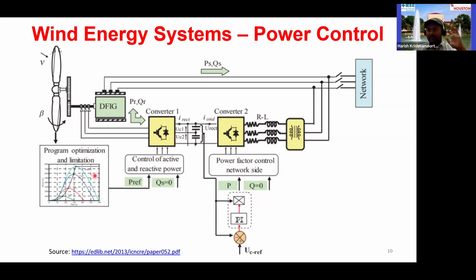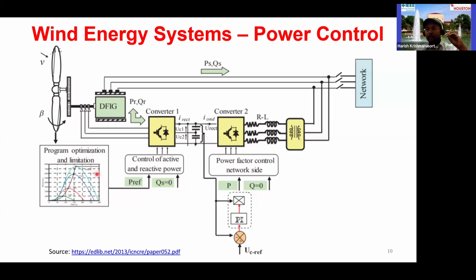And there's always the control with respect to the power converters, but you can also control the power generated using the wind blade pitches. Because as the wind speed increases, the power produced from the wind turbine varies as a cubic function of the velocity. But after a certain point, the power will be maximized because the system is not rated for anything more, and at that point you have to cap that power. One of the ways you can do this is by adjusting the pitch angle of the wind turbine. So you can see the flat region here, beyond a certain point, you try to give a constant power.